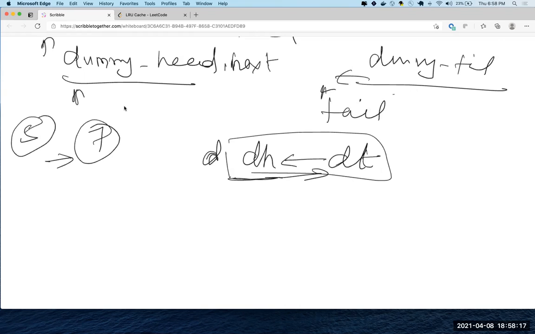Oh yeah, I think it's a very basic question. Yeah, sorry, please go ahead. No, go ahead. I was just going to say I'll play around with some edge cases and base cases with these dummy nodes and LRU cache today and work through it.